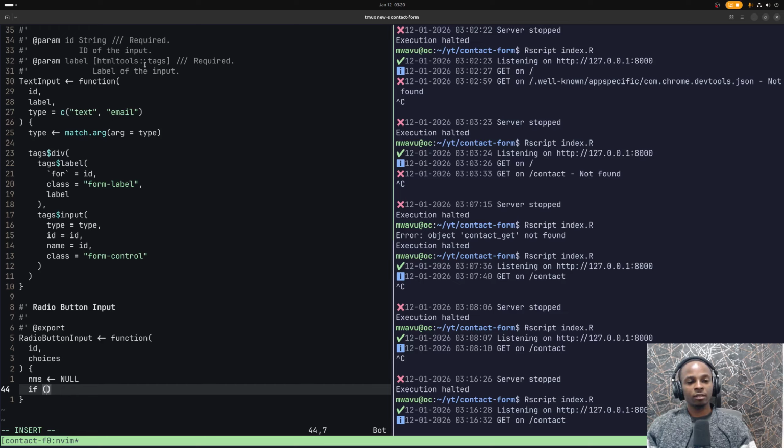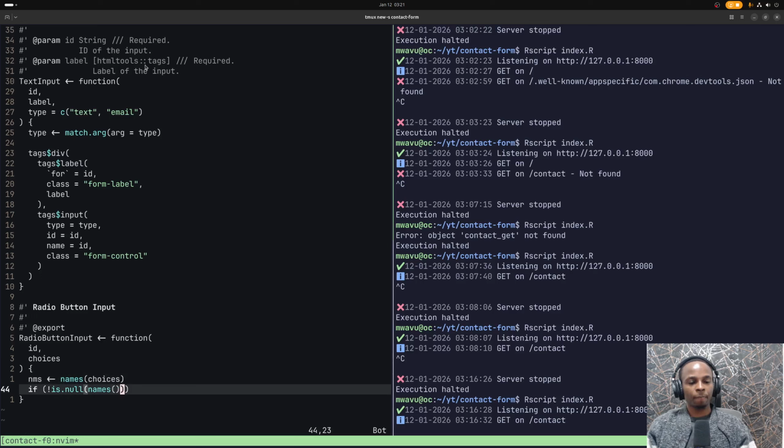Wow. So if, okay, if not is null names. Actually, now I know. Okay, so I should have just done names will be the names of choices,